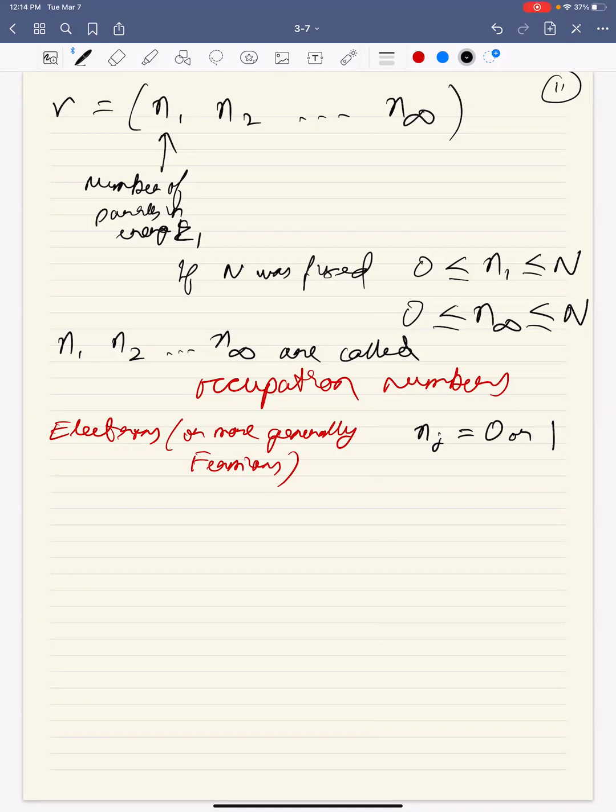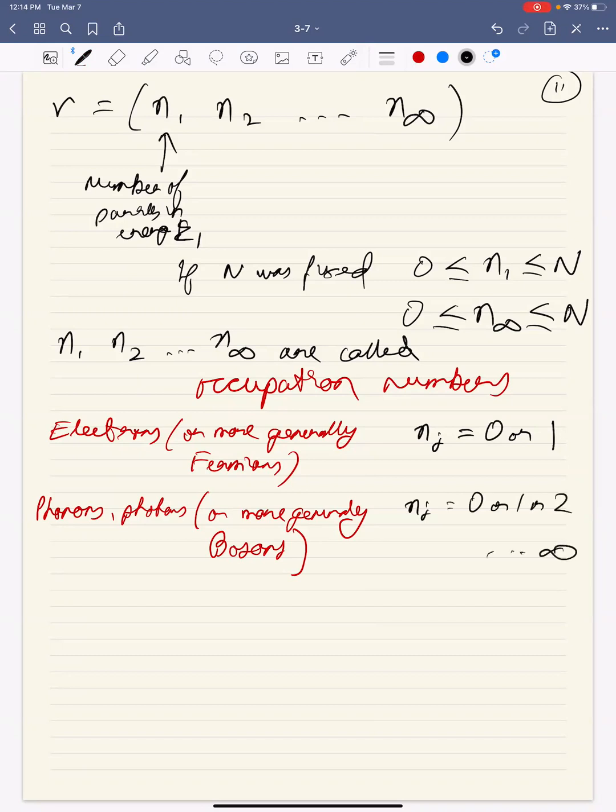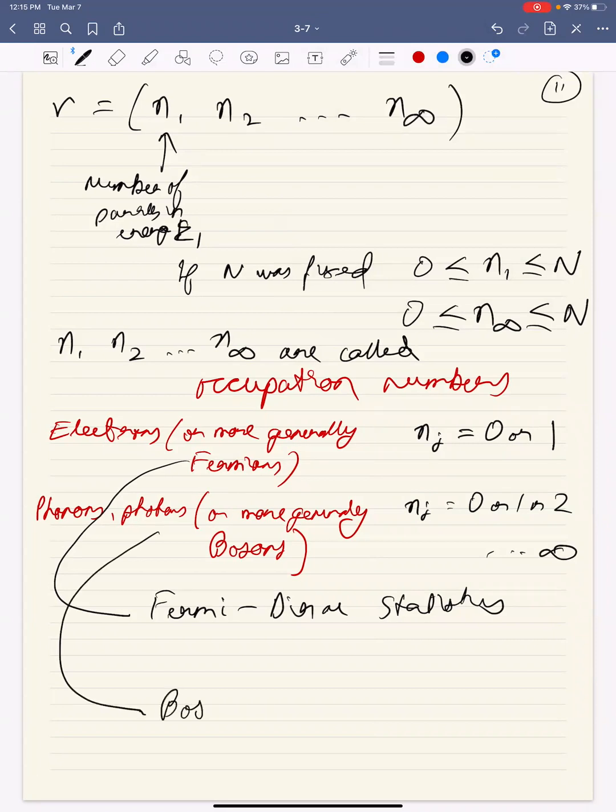However, there are a bunch of particles, and examples of those are phonons, photons, etc. These are more generally known as bosons. And here, the nj can take any value, 0 or 1 or 2, it can go up to infinity. Fermions follow a particular statistics, which we will spend some time studying, known as Fermi-Dirac statistics. So for fermions, we will be very interested in calculating the average. What do we want to solve here? We want to calculate the average number of particles in a given energy level, given what we know about the system, okay? For bosons, the statistics that they follow is known as